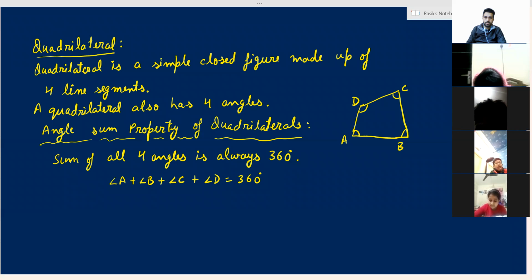Sir, and the sum of pentagon is 540. अरे वाह, very good. Sir, I have learned till the decagon. But you don't have to learn it. There is a formula to find it. Do you know the formula to find the sum of all the angles of polygons with different sides? For example, pentagon, hexagon, septagon, octagon. Do you know the formula? No, sir. There is a formula.